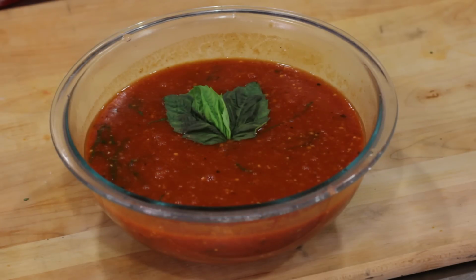We make allergen-free food products, especially our gluten-free, dairy-free frozen pizzas that are in stores now. One of the requests we had was for a pizza sauce, so I'm actually going to show you one of our pizza sauces. This one is made with garden tomatoes. So if you have garden tomatoes and you don't really know what to do with them, this is a great way